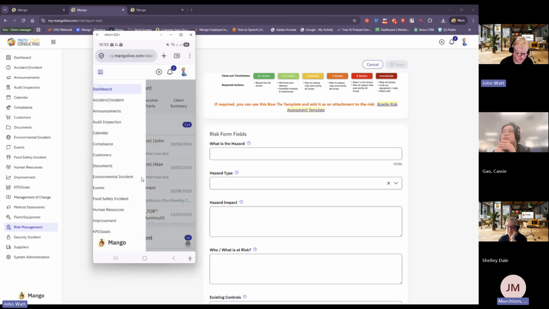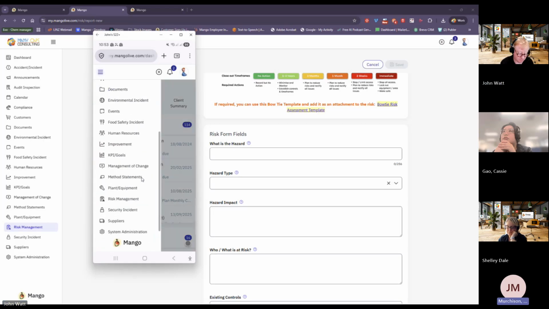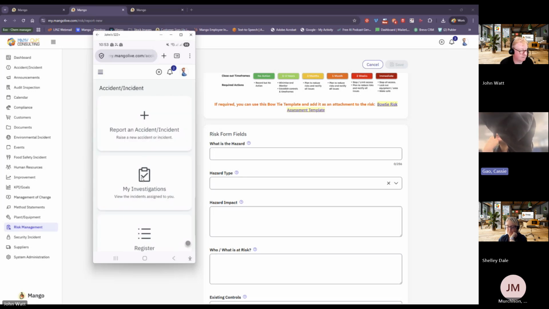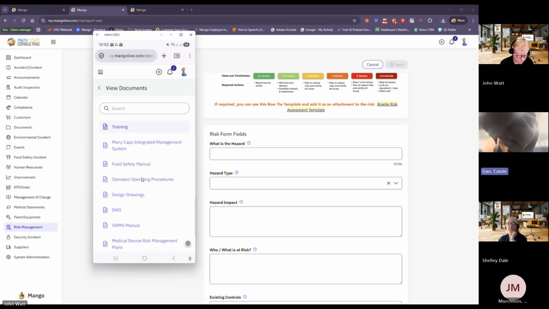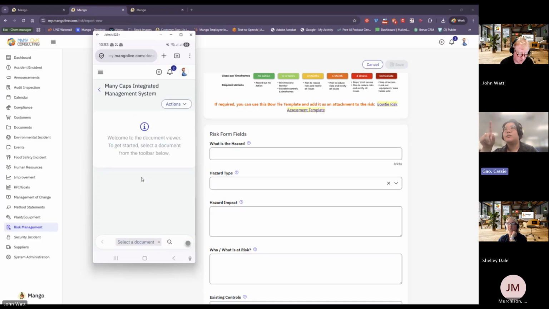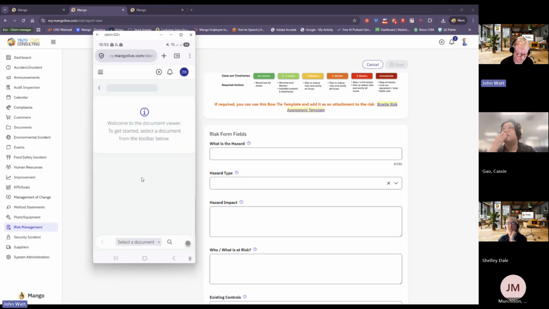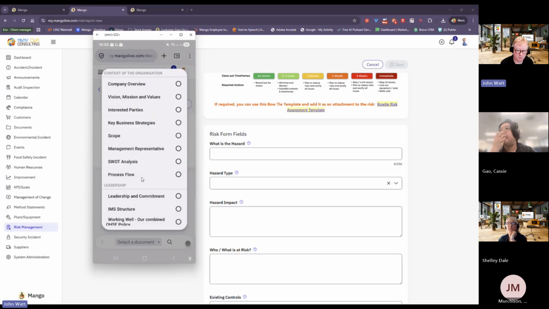But yes, there's the website. That obviously won't apply to things like documents. Can you click documents? I want to see how it looks on the mobile. Oh, it's not too bad. So this is how it looks on the mobile. And at the bottom there, I can go to which documents, so there are different sections.